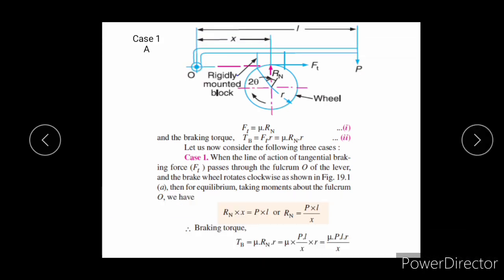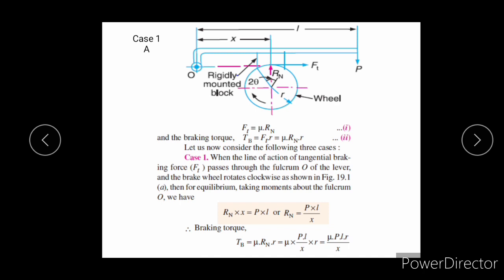Okay, see what is the fulcrum. Here for your simplicity you can understand that this is the point about which we will take all the moments at the equilibrium condition. Just for your simplicity assume this. Otherwise in any type of lever you can see what is fulcrum very easily. Like for example in scissors, if you have seen scissors, the point where the two parts of the scissors are hinged, that point is known as fulcrum, right?